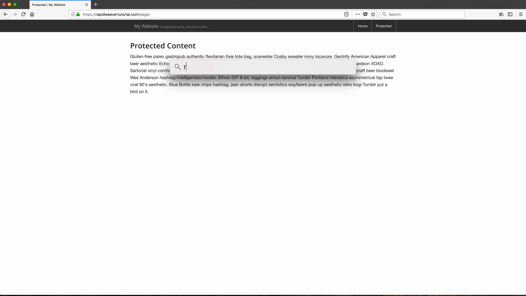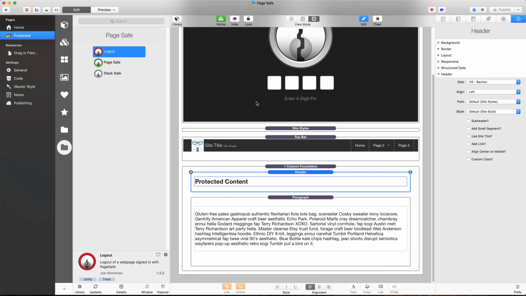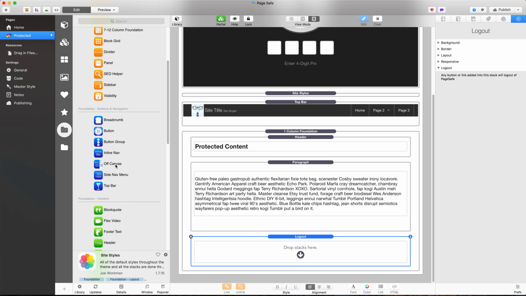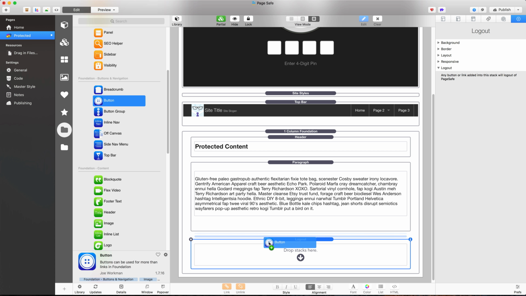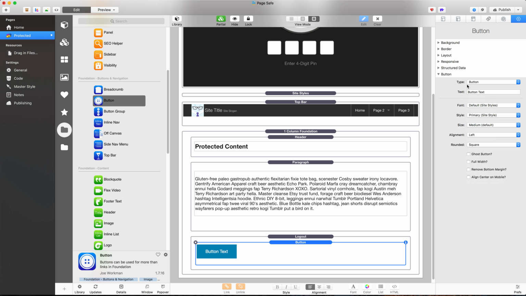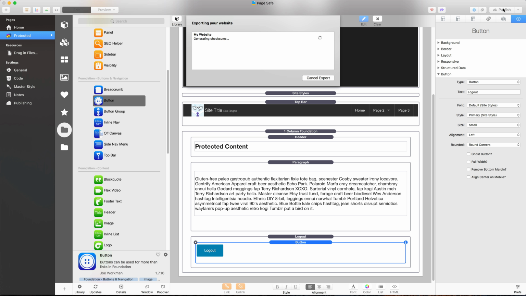To do that, if we go to RapidWeaver, we can use the Logout stack here. So if I scroll down and drop that in below the paragraph, what we then need to do is simply add a button inside of the Logout stack. So I'm using Foundation for this project, so I can use the Foundation button, drop it in here. We can set this as a button, it doesn't matter which type it is, and then we can set the text to Log out. I'm going to set the text to small and I'm going to round the corners. Once we've done that and we publish,